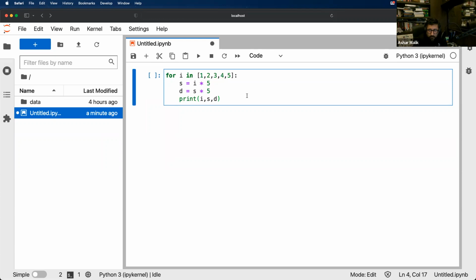Anyone? The value of I. So what will be printed out when I run this? I want to know the final answer. But if you can tell me individually. Okay, we will get I